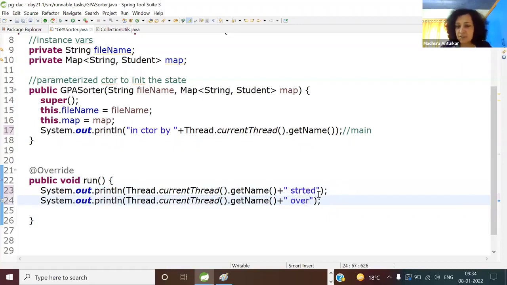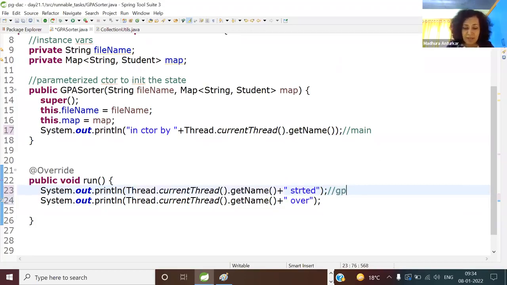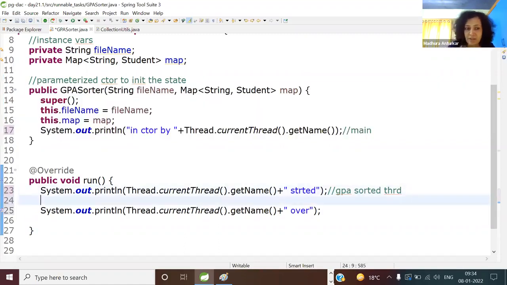Answer the next question. Now, which name are you going to get when I say this particular thread got started: main, GPA sorter or DOB sorter? GPA sorter. Are we all good? Are we understanding? So this will be, of course, your GPA sorter thread. This is where you get the parallel control. This is still under the sequential access. Main is going to call it while creating the task and attaching it to the thread that way. And then you can add the whole thing